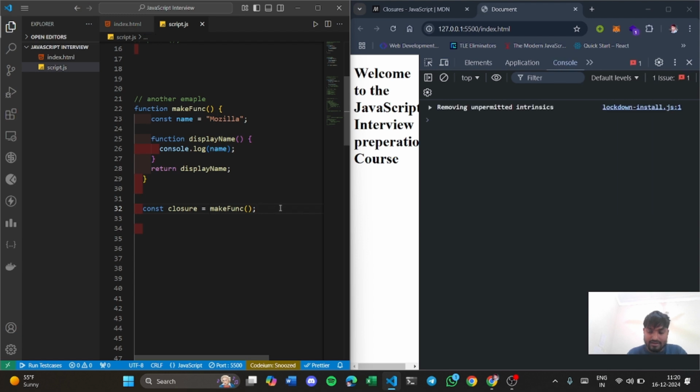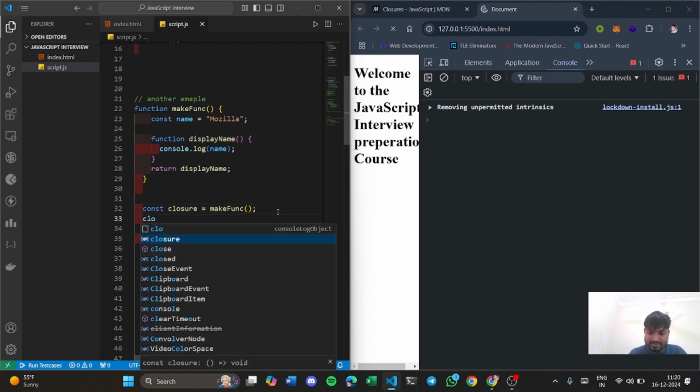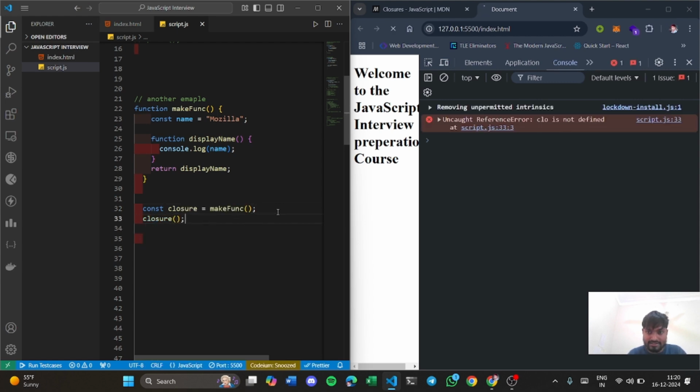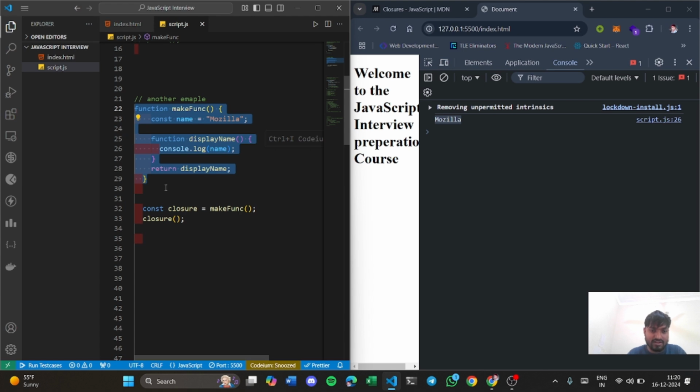Now the execution of this function is completed. Again, when you call this closure, which is a function itself, you get the value printed as Mozilla. Why? Despite the outer function being inactive, you are getting access to its variable inside it, just because of closure. Mark this down, and this is very important for JavaScript interviews.